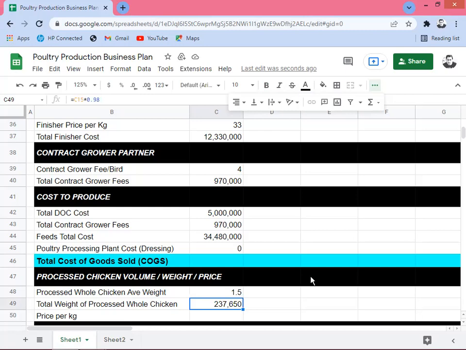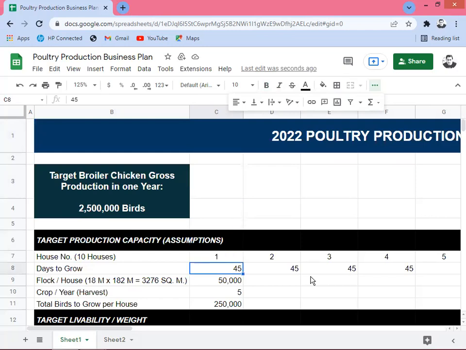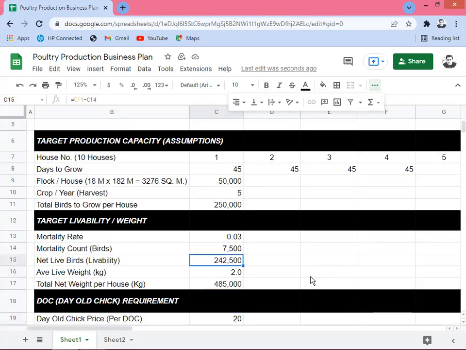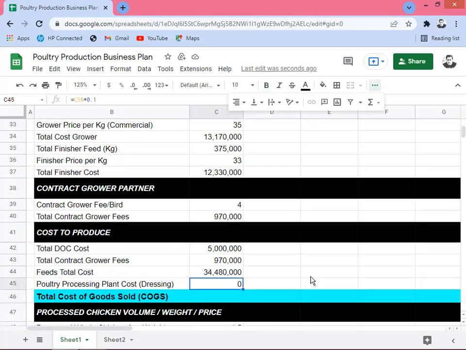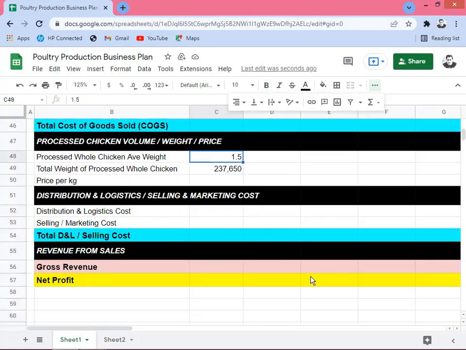Where did we get this? This is from the C15. C15 is what? Yeah, net live birds. This is the bird that we're going to dress, and the one that we're going to calculate is weight. This is already in terms of kilogram. So we have to multiply this by 1.5, because the first one, C15, is not weight